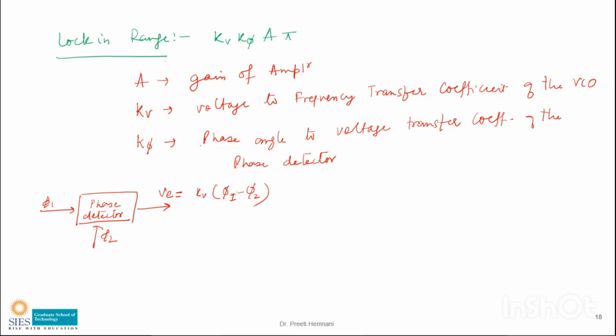Ma'am, why will it be minus? Because we are subtracting, no? We are finding the difference so that we can bring the phases closer. The less the error, the closer they are to each other. If the error is more, that means we have to bring them closer. When the error is positive, we want to make it closer. When the error is negative, we have to take it further ahead. So we are looking at the difference between these phases, and this we are calling K phi. That's why the name is K phi. It is the phase angle to voltage transfer coefficient.